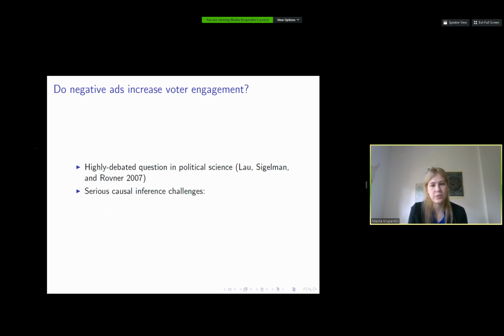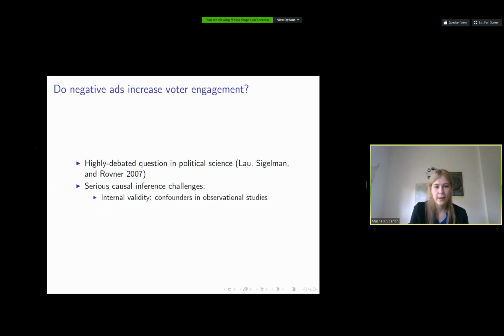And a lot of this research, while really fantastic and insightful and useful, has some fairly serious causal inference challenges. There's a very serious internal validity issue for observational studies that are done in the field, where you look at voter turnout in races that have larger numbers of negative ads. The issue there is that more negative races also tend to be more competitive, and more competitive races also tend to have higher turnout. So we don't know if the negativity of the ads is causing higher turnout, or if the competitiveness is causing higher turnout, or if neither of those is causing